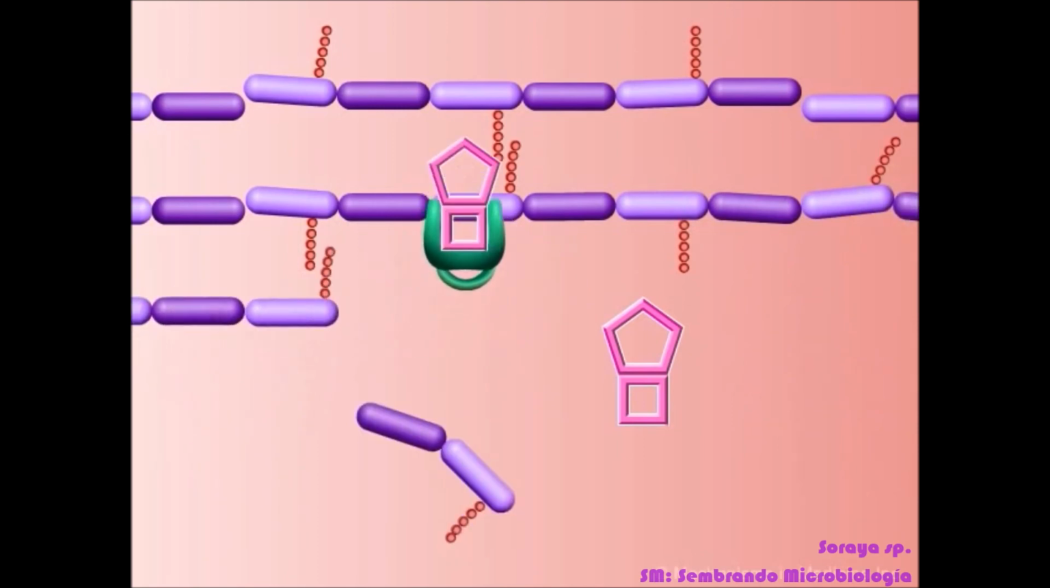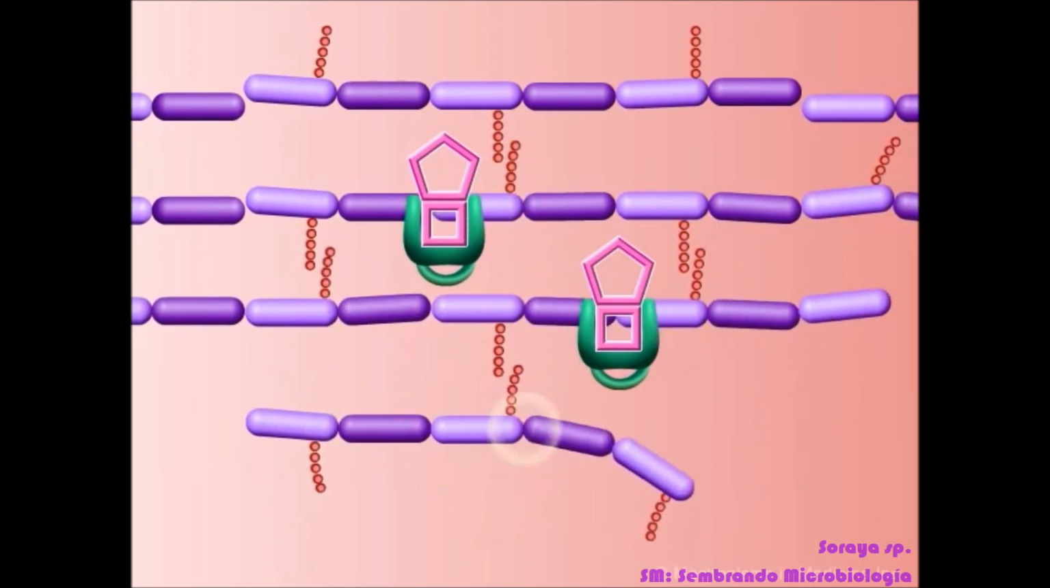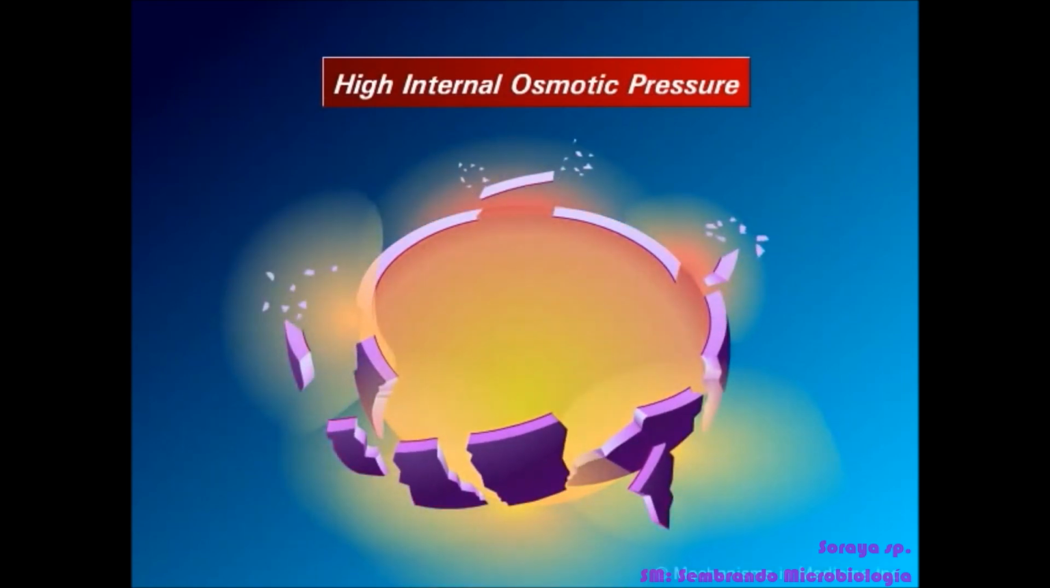Beta-lactams interfere with cross-linking by binding to transpeptidase and D-alanine carboxypeptidase enzymes, thus preventing bacterial cell wall synthesis. Gram-positive bacteria have a high internal osmotic pressure. Without a normal rigid